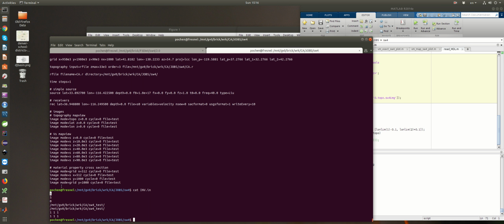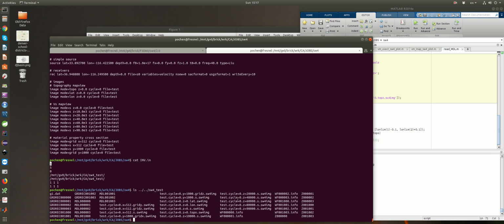So for now there are three choices. If it's 0, then when I run SW4, it's going to create output files that describe the mesh, right? If I look into the output file directory, SW4 test, there are a bunch of outputs. If the first number is 0, then it's going to create these .info files, which basically describe